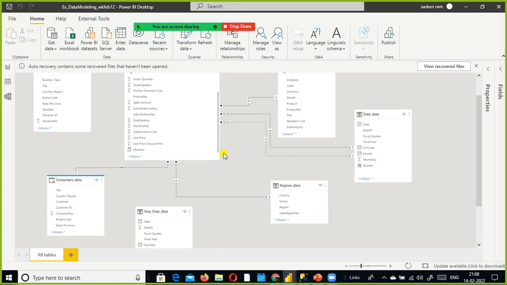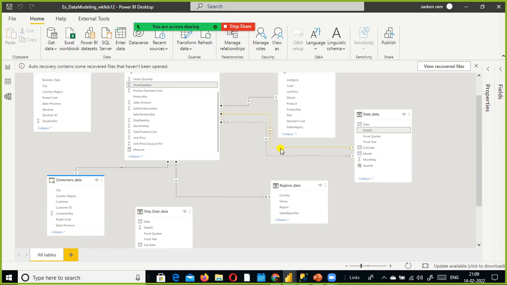I discussed 2 types of relationship at a high level as part of Power BI Desktop, isn't it? One is active relationship, the other one is inactive relationship. If you notice here, when I established the relationship between the date ID and ship date key, it created a relationship by creating a link, right? This line. But this is a dashed line. This is not a solid line. That means this is an inactive relationship. This is an active relationship.